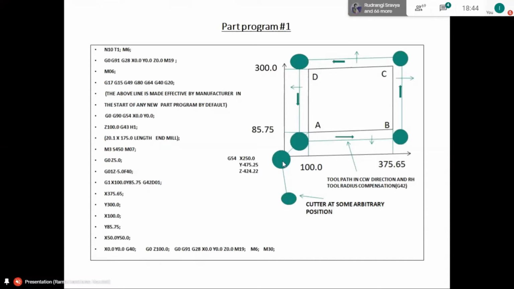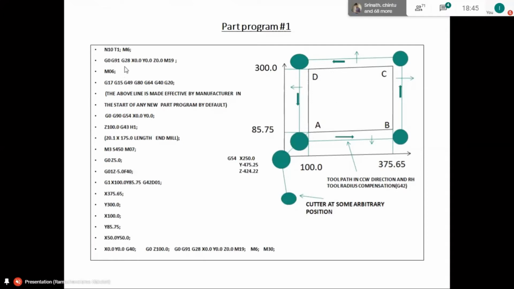And if the tool gets into the workpiece, then the depth of the hole will be Z minus in a vertical machining center. Similarly, if the tool is above the top surface of the workpiece, that is Z plus. If we consider a horizontal machining center, the front face of the workpiece is Z0, and if the tool is out of the workpiece, that is backwards, then it is Z plus. If a drill is used for drilling on this face, the drill will be penetrating into the workpiece, then it is Z minus. You have to understand the tool depths like that.